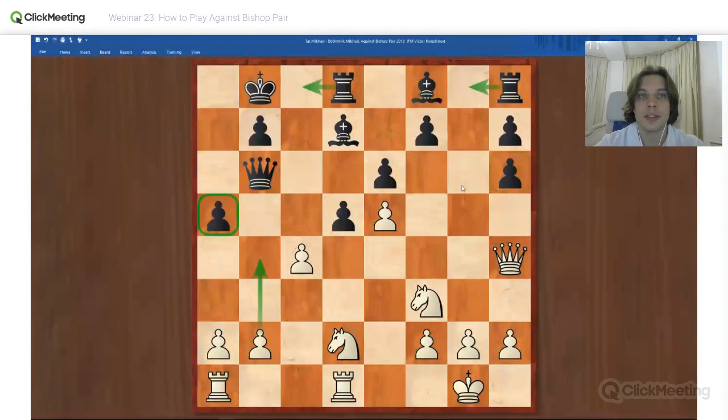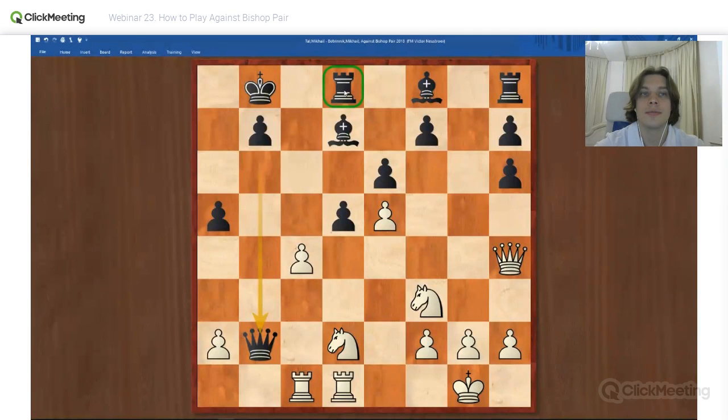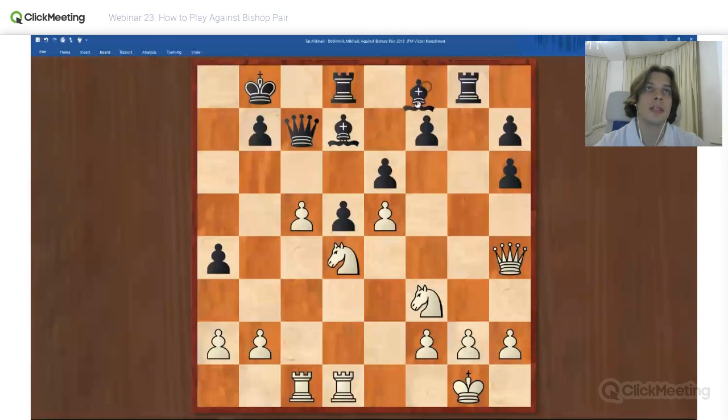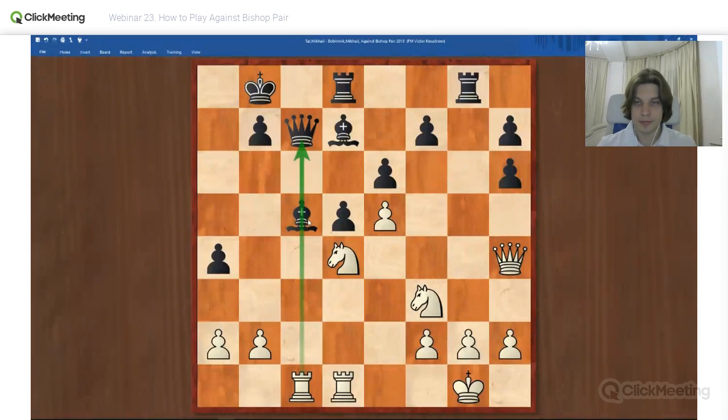a5 to stop b4 activity. Rook ac1, rook g8. No, queen b2 isn't good in this position because d8 is hanging here. So rook g8 was played, knight b3, and then a4 to threaten the knight. But c5, queen c7, and then we have to move the knight. So who knows? What if here he takes? How to exploit this pin?